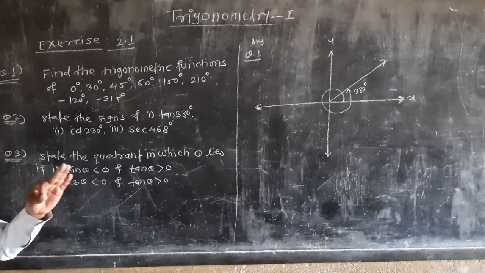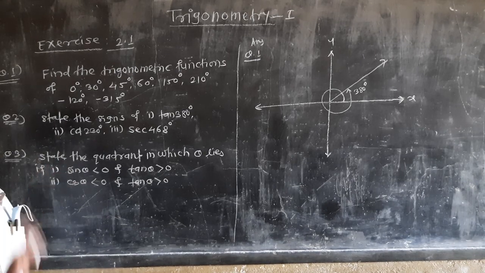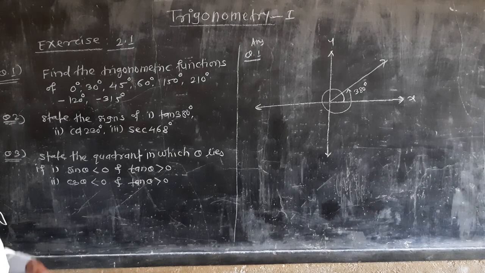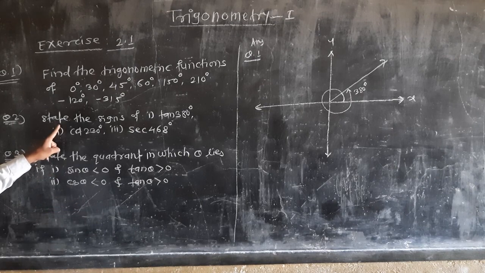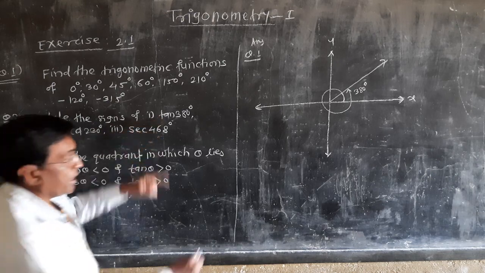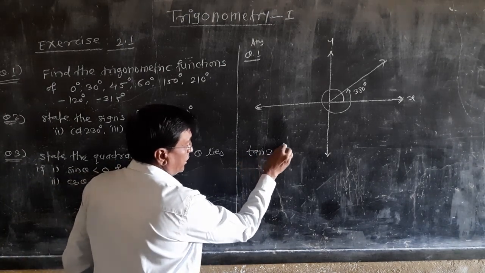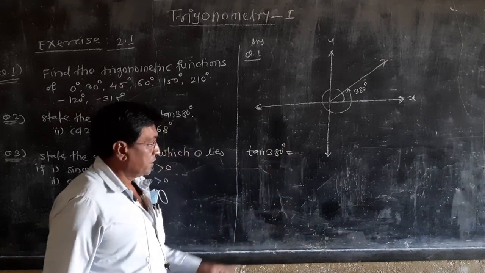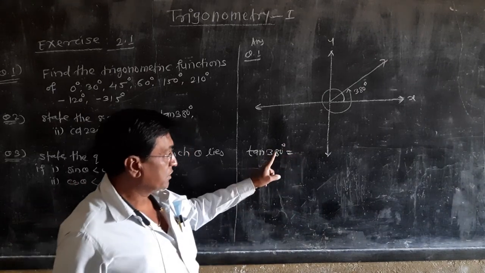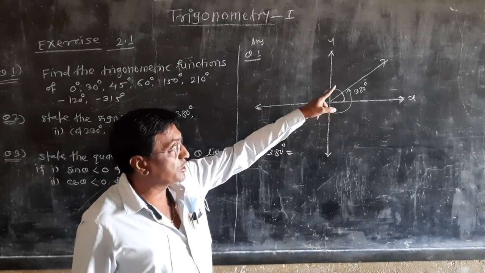And now at the measure of 380 degree, the position of terminal arm is in first quadrant. And here state the sign of tan of 380 degree. At the measure of 380, the position of terminal is in first quadrant,